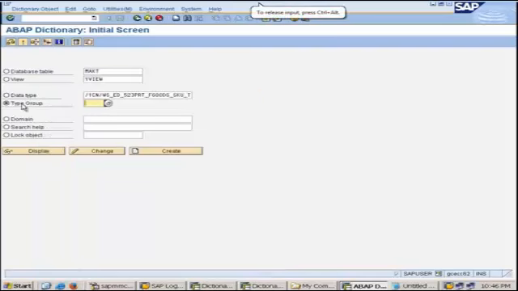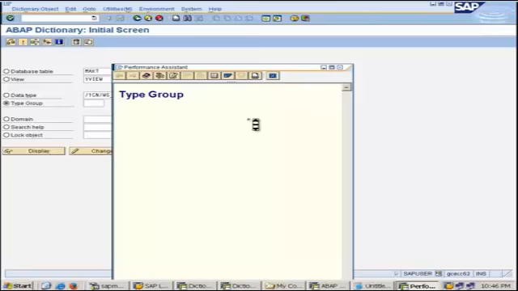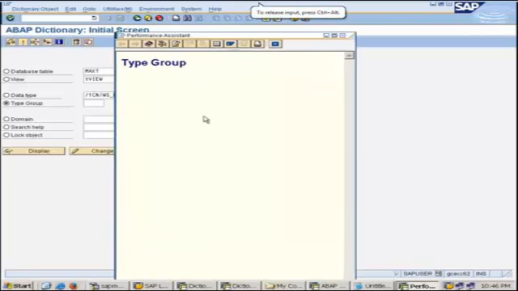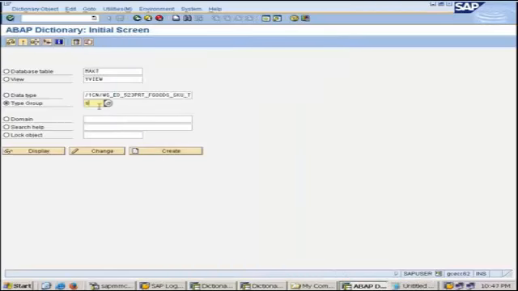First, what you can do is come here and try to hit F1. F1 is basically the help provided by SAP. In most cases there would be some kind of help available. Here it's not coming because my system is a demo system, so it might not be configured properly. But for type group, let's say I give one type group, SLIS. If I hit display,